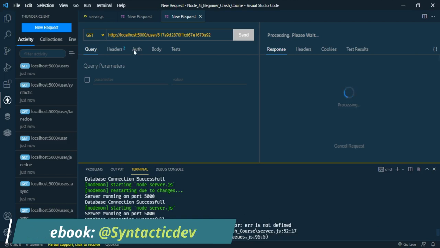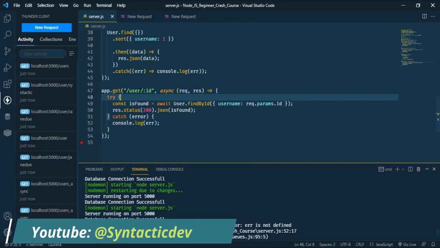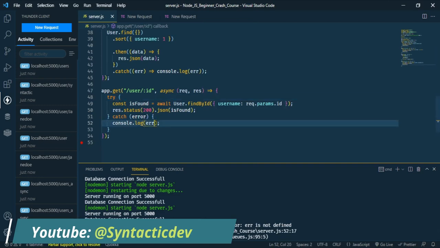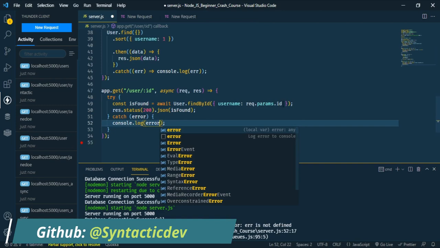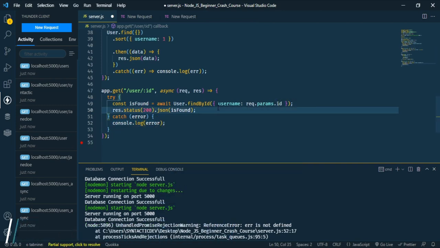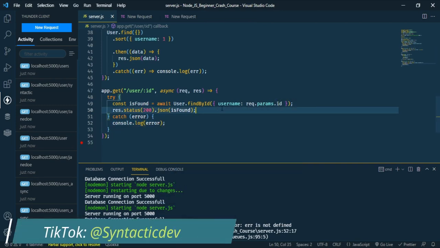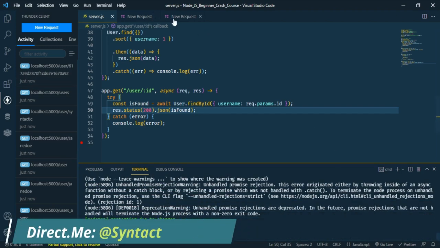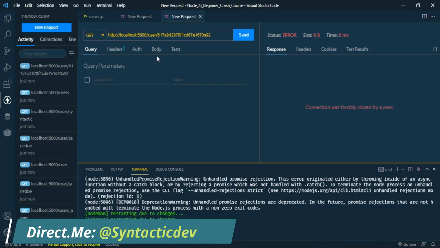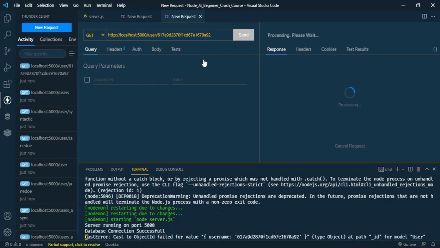Error is not defined. Let's go back and check. Okay, right here, error, request.params.id. And send,